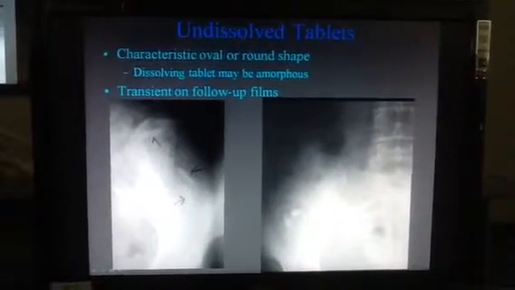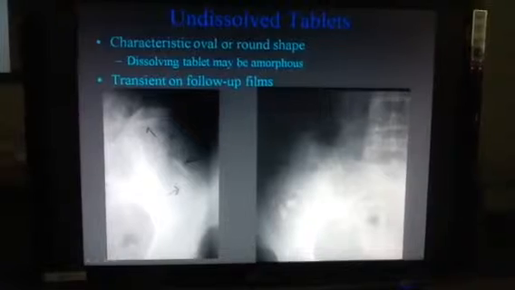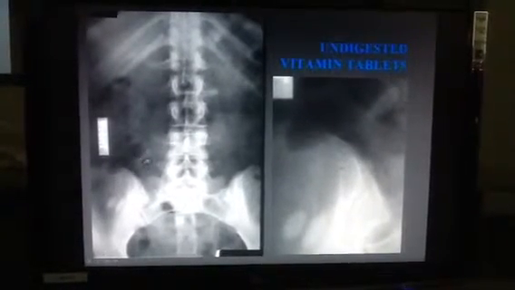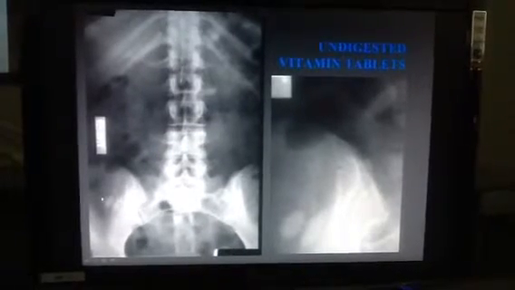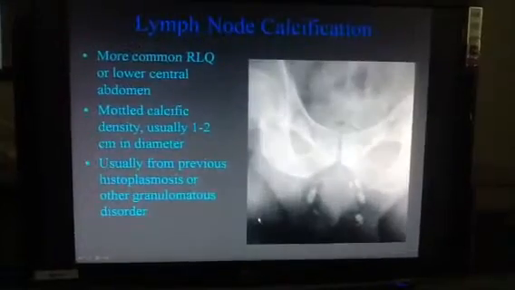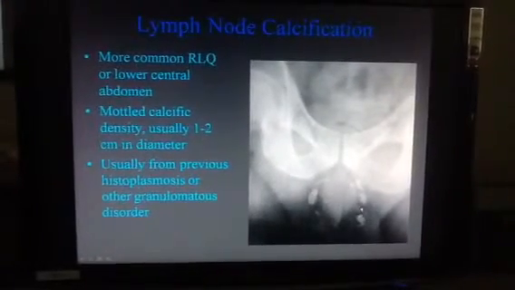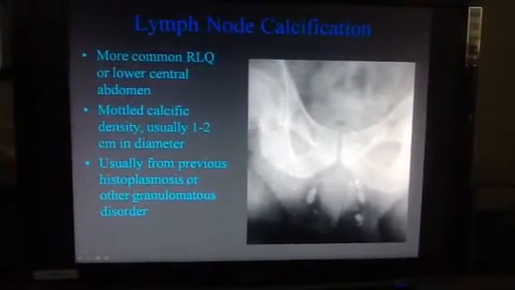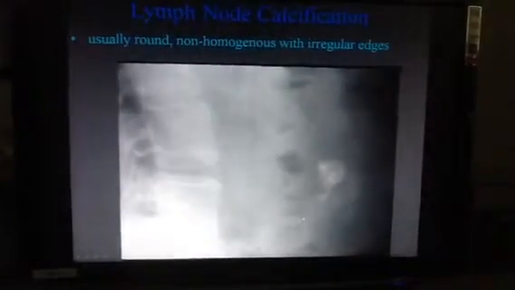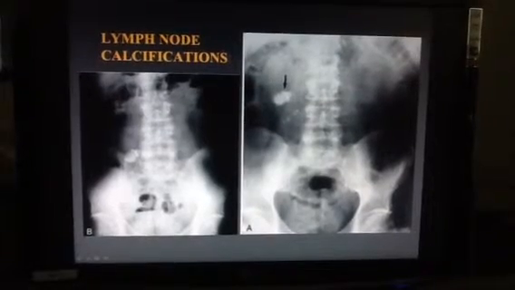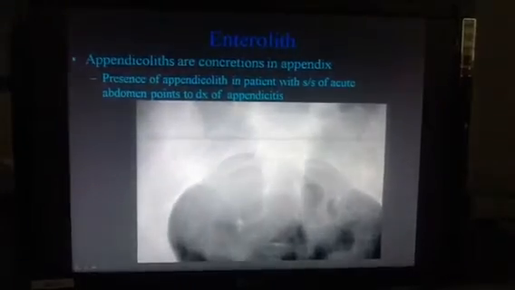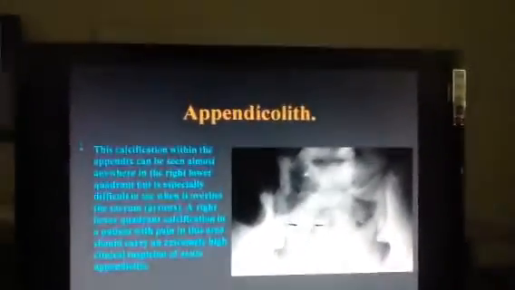Undissolved vitamin tablets, if you can get them away from the bone, then you're not going to think they're in the bone. So that's true here, right? They're outside of the bone, and some are superimposed over the bone. Lymph node calcifications here, again, anywhere along the distribution of the descending abdominal aorta. There's a lot of lymph nodes here too. Also trachea, the extent bronchus, places like that. Hard to call this lymph node calcification, but that's what it is. This, if I saw this